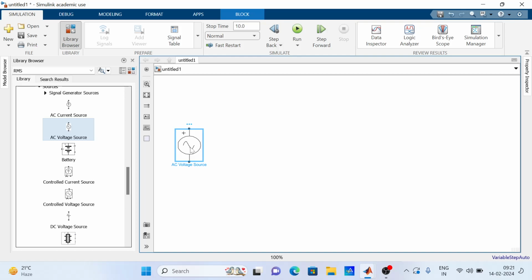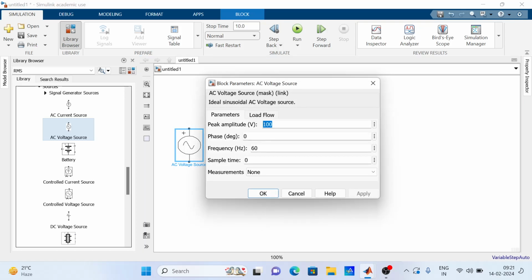So what is the value? We have to set up the values for the AC voltage source. What is the peak amplitude for the AC voltage source? 230. So we know that V equals V maximum divided by root 2. When actually expecting the peak value, maximum value, that equals the RMS value times root 2. What is the RMS value? 230 into root 2, that is around 325 volts. So set up 325 volts in the peak amplitude.